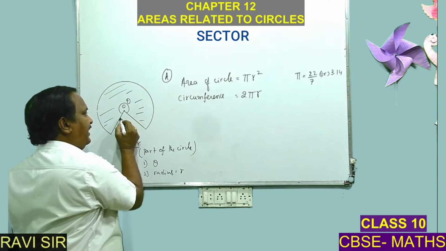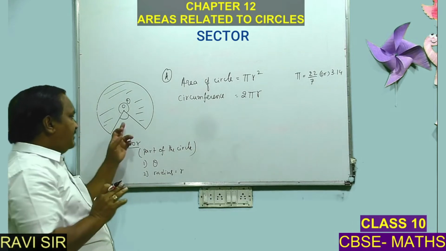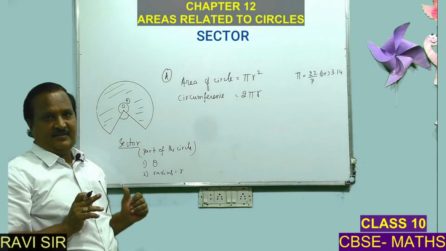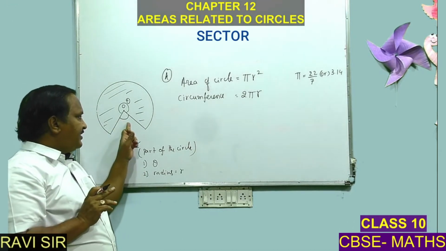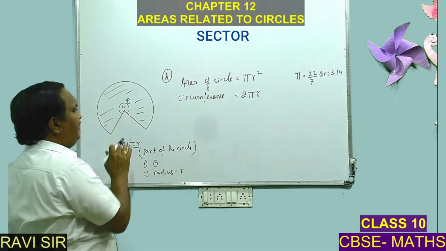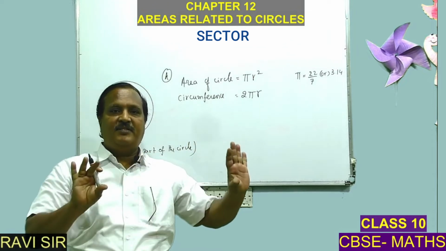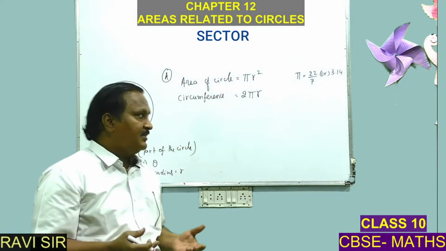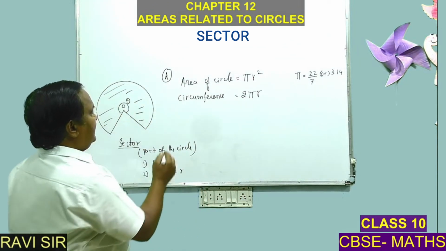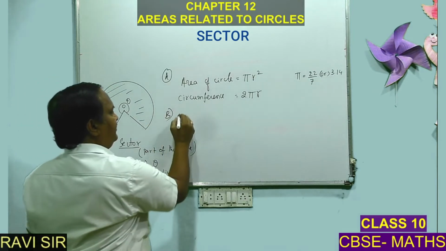Here there are two angles. This is also an angle, but this is not in the sector. This is outside the sector. So you cannot consider this as an angle, right. So please be careful, because the problems you will be getting in words, you have to understand the problem first. Now, the sector comes under B, right, area of the sector.